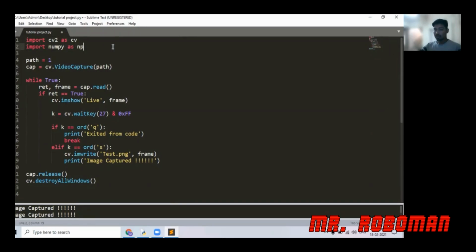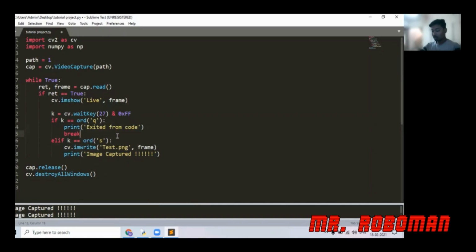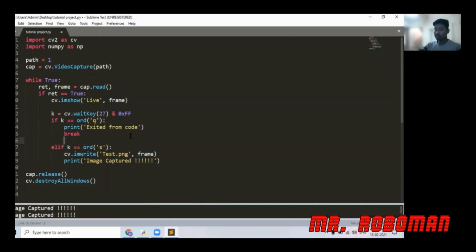Over here we have used OpenCV. We haven't used NumPy just now. We have just used a few functions from OpenCV. That means we are taking device access, then we are taking data from that particular camera device. We are checking whether it is live or not. Once it is live, we show that video window with the help of this data, and then we check for keyboard input. Once we get the keyboard input, we check whether it is Q or S. If it is Q, we exit from the code. If it is S, we capture a selfie. So this is how we have made a simple code.